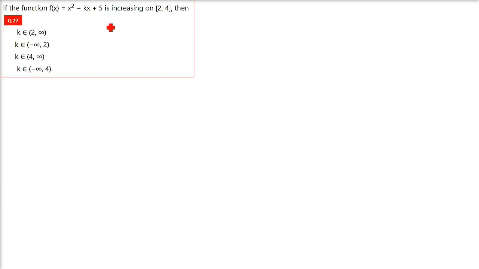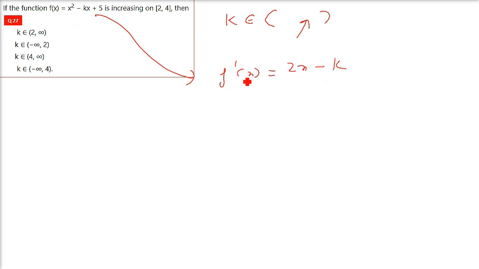If the function f x equals x square minus kx plus 5 is increasing on 2, 4, so k belongs to where? This is the thing which we have to answer. But the only thing we can do here with our concepts is differentiate it. f dash x is the differentiation. x square gives 2x minus k. So f dash x is 2x minus k, and since it is increasing, it has to be greater than